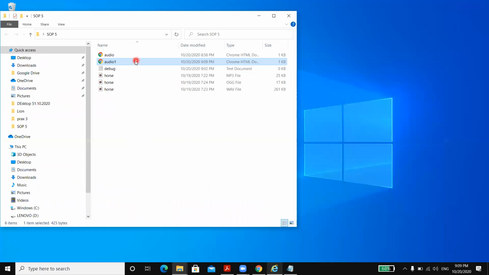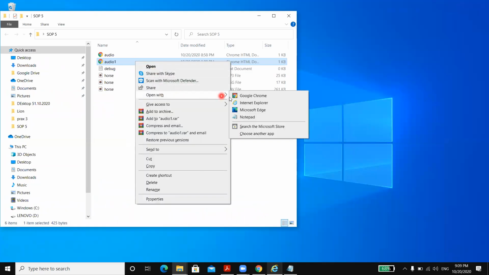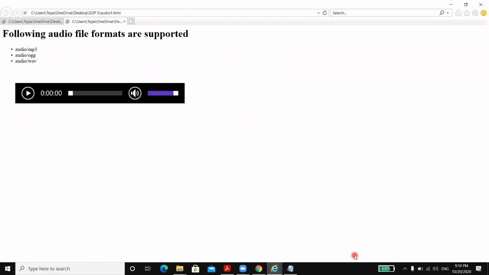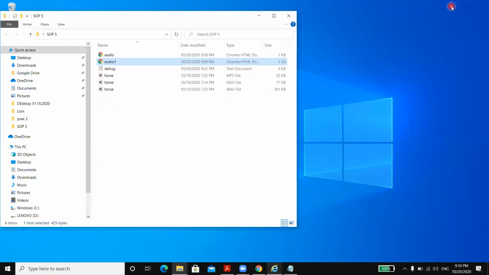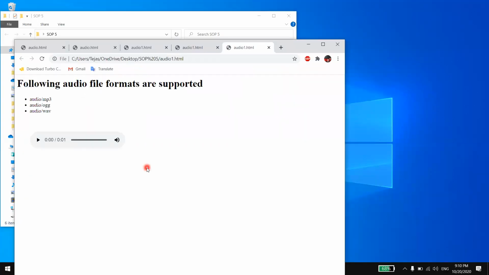Suppose I open this file with Internet Explorer, and you can check this allow blocked content, and you can see again here also it is not highlighted. So maybe you are using Safari or Firefox or Netscape or any other browser, and if it doesn't support that file format, then only that error will be highlighted. So the user needs to know. Right now the error is not highlighted here, so the user understands that the file is working properly. And in case it doesn't work, the error message will be highlighted here.